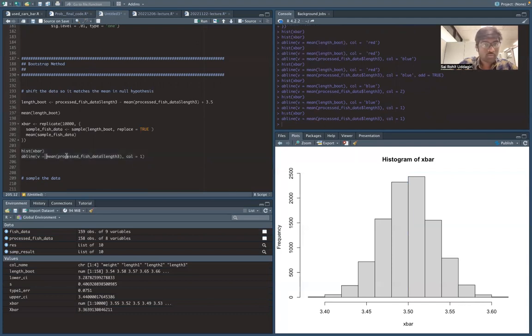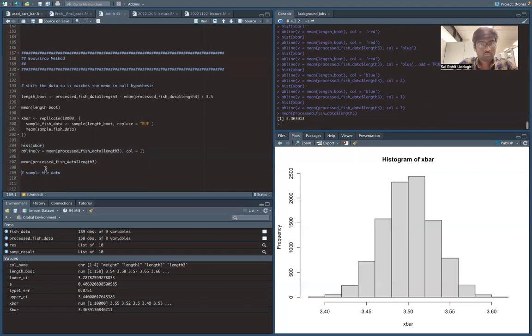Let's calculate this one. 0.36. Okay, it's away from the mean value. Okay, that's how I got it. Let's see. Yeah, let's just change the x intervals. X lim equals to c from 3 to,